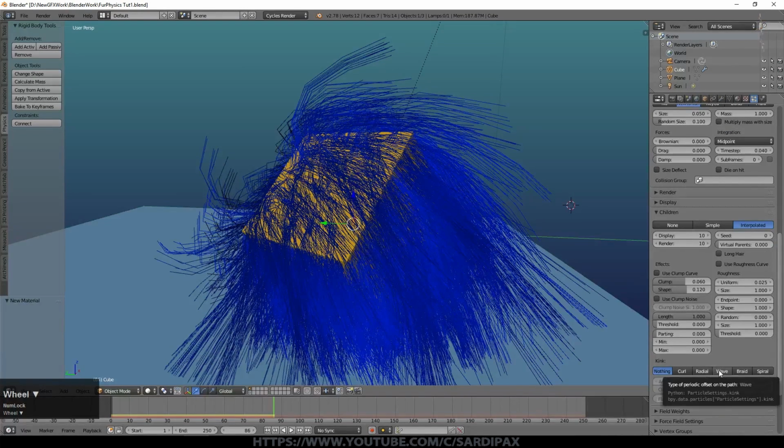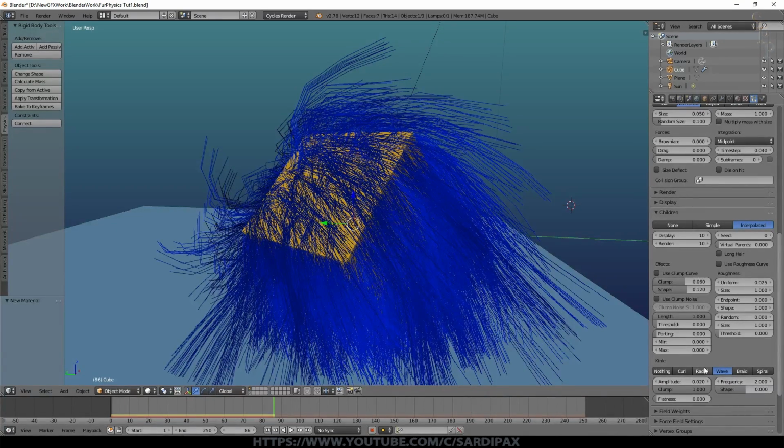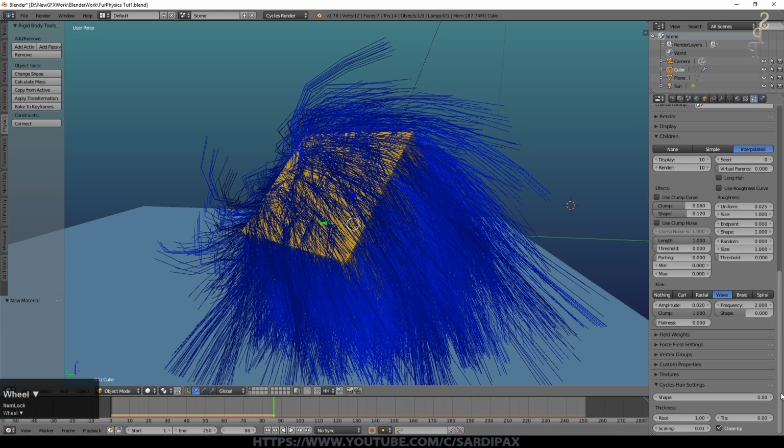I then added a wave kink. The amplitude starts off as way too high, so I set that to 0.02 or 2%, but I accepted the defaults other than that. So then we come down to cycle settings. My thoughts were that the hair has probably been cut at some point, so rather than it coming to an invisible sharp point, I set the tip to 0.1. So this is how thick the tip is, but then I said close tip. So actually what it does is it does make it a sharp point, but it has a very steep curve, as it were. Rather than very, very slowly reaching a point, it is the same thickness pretty much all the way along, and then right at the end it just closes the tip together. And I set the root thickness, how thick the hairs were, to 0.45, which is quite thin.